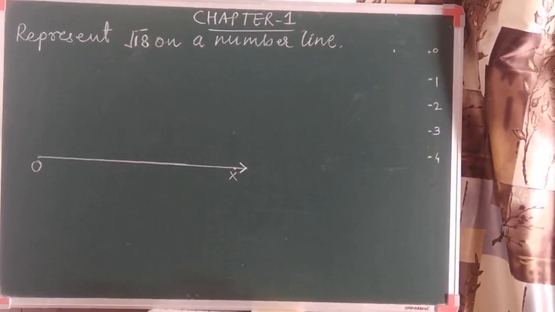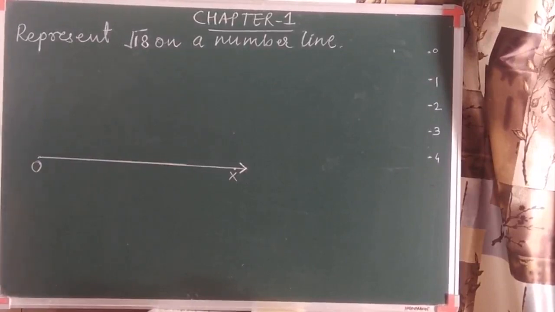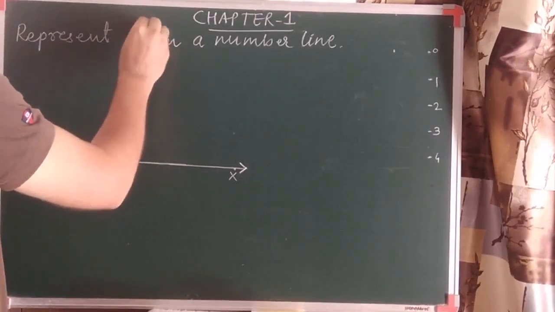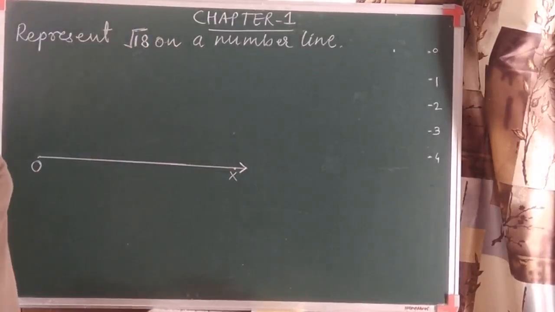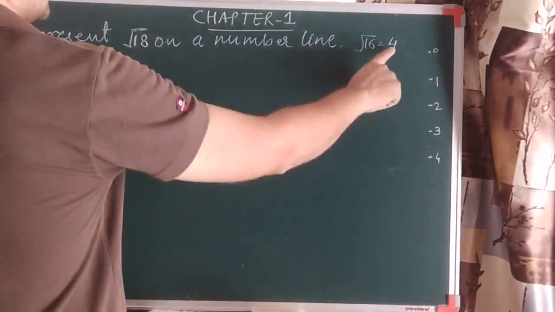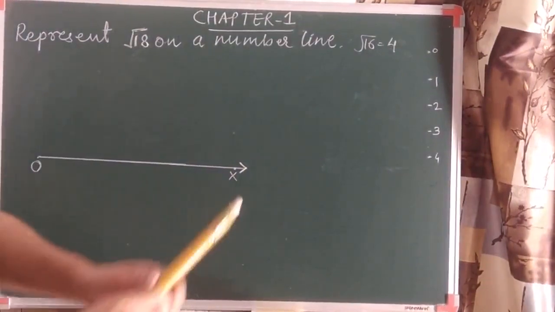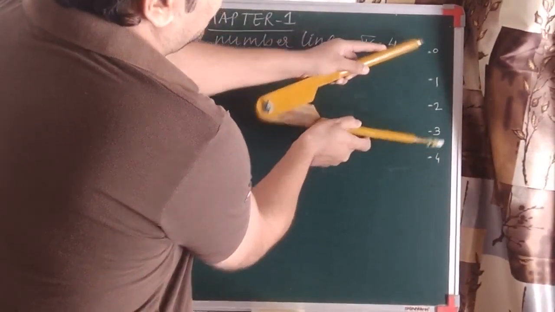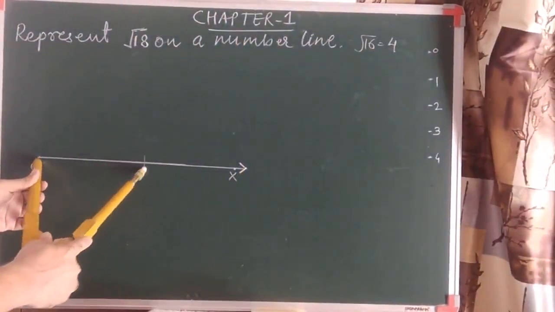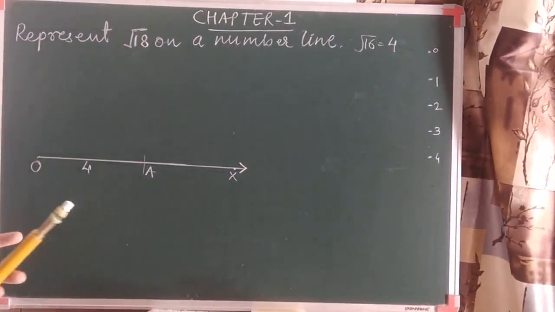Let's learn one more question. Here it is given that we have to represent root 18 on a number line. As we discussed earlier, the most important thing is how much arc or how many units we should take here on ray OX. The previous number of root 18 is root 17, which is not rational. Then if I go to root 16, that is equal to 4. So we should take 4 units here on ray OX. So let us draw an arc of 4 units. This is 4 units, point A. We know 1 unit is 2 centimeters.